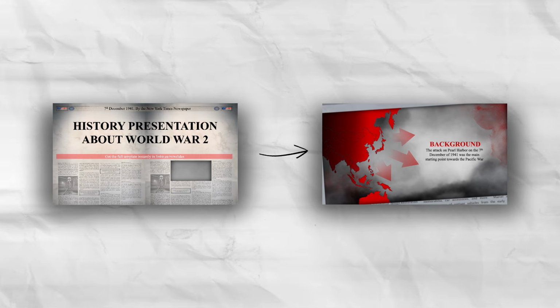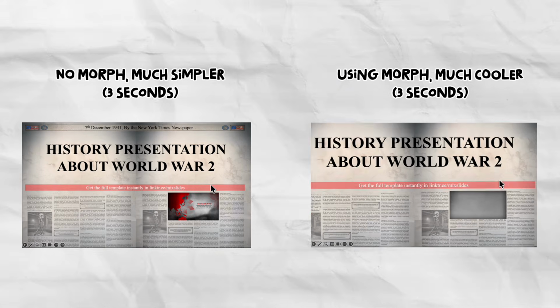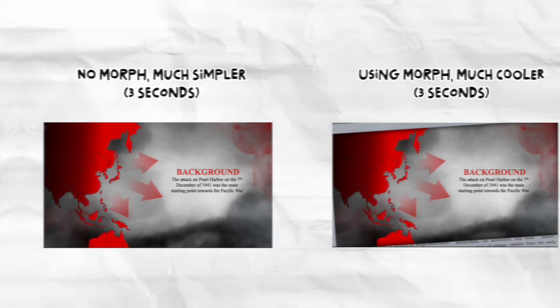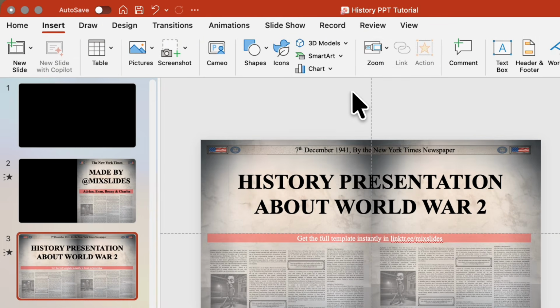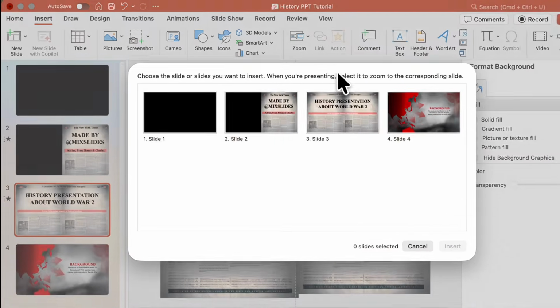Now for the transition where the newspaper zooms into the slide, there's actually two ways of doing it. The first is a simpler way which doesn't use Morph, and the second is more technical which does use the Morph transition. So the first option is very simple. Starting in slide 3, I'll go to Insert and find Zoom and do Slide Zoom. Here I'll select the fourth slide